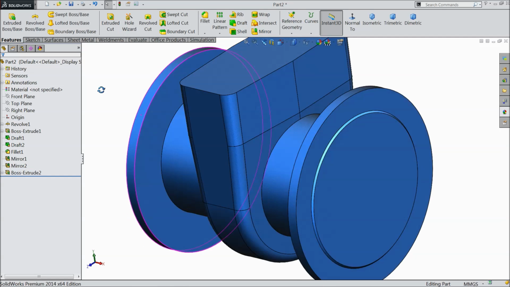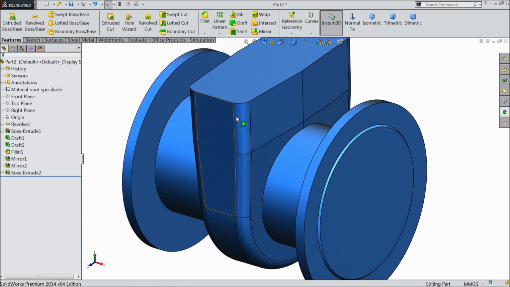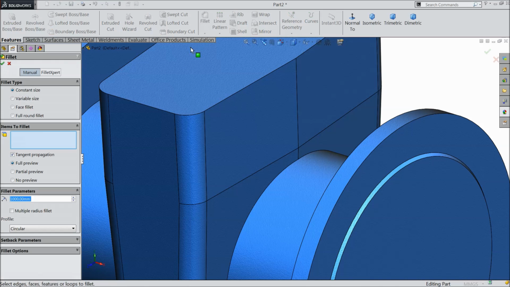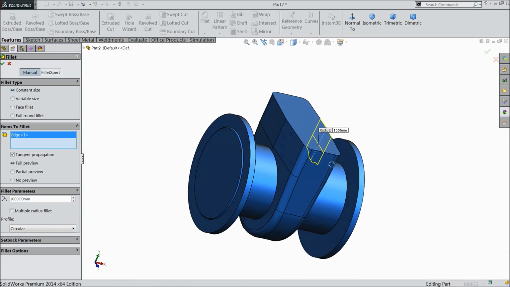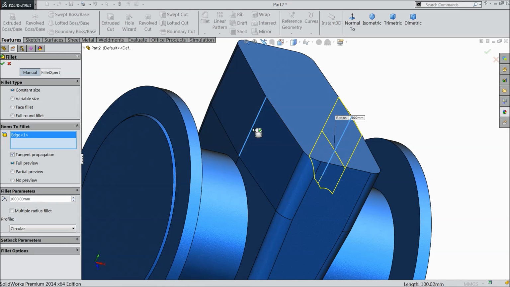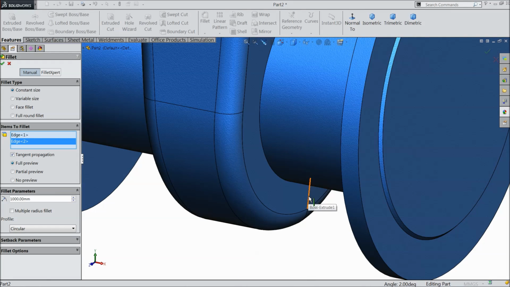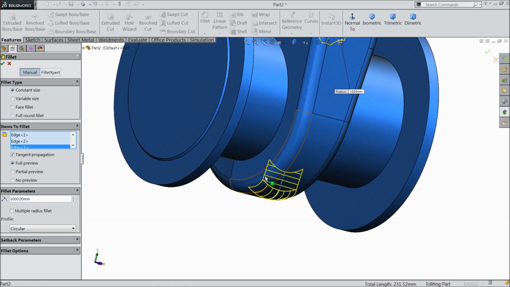Okay, that's it. Now here we want to fillet, so we want to avoid this sharp edge. Keep 1000 millimeter radius, select this shape, face, this line, and here also the same, and go back, bottom line. That's it, in both directions. Okay,